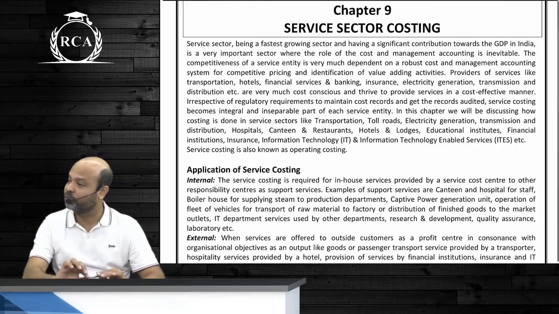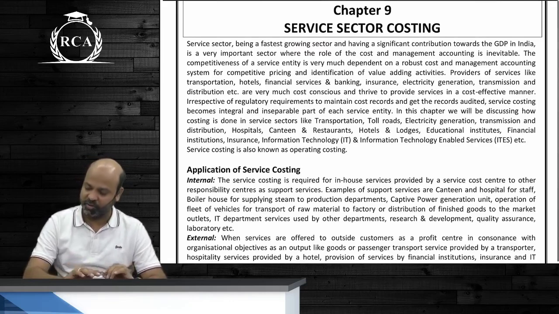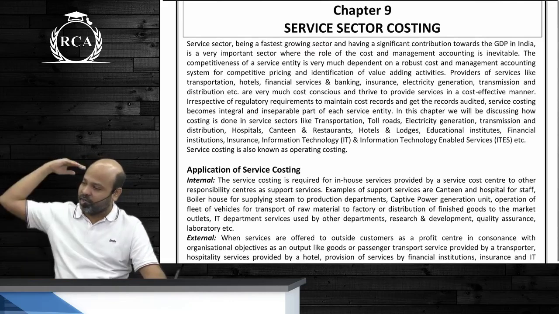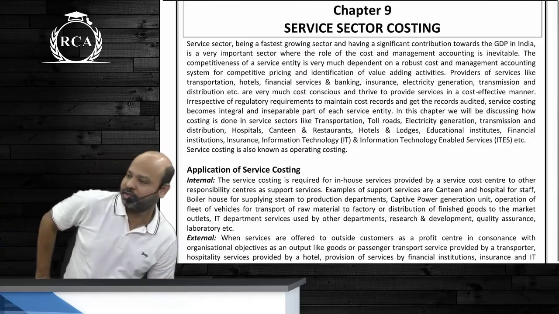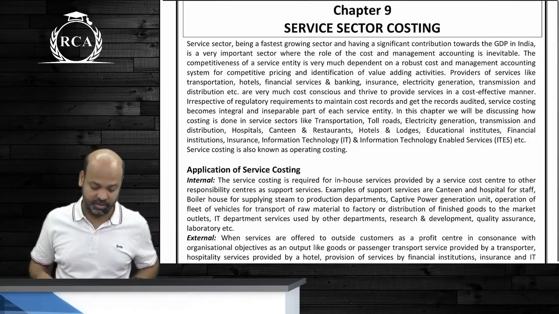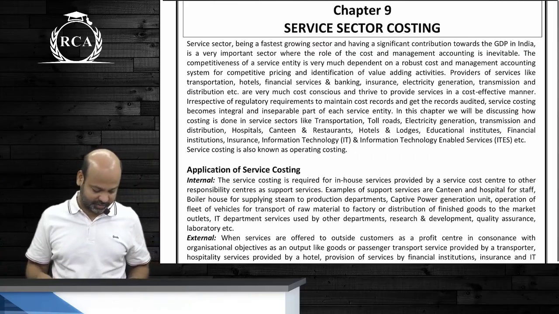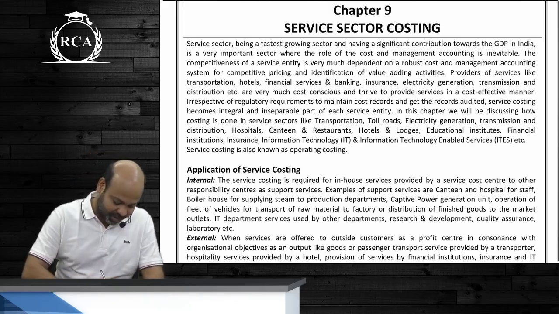You want to answer Purab? Yes beta. It's okay beta. No one's sure about anything. People are not sure about their life partners. Do you think you will be sure about the service sector costing? Good beta that you're not sure about it.